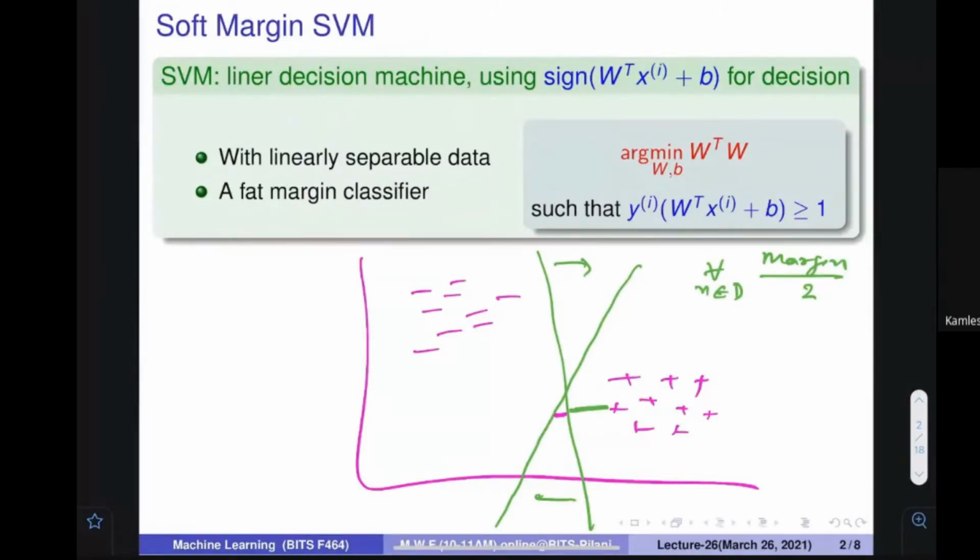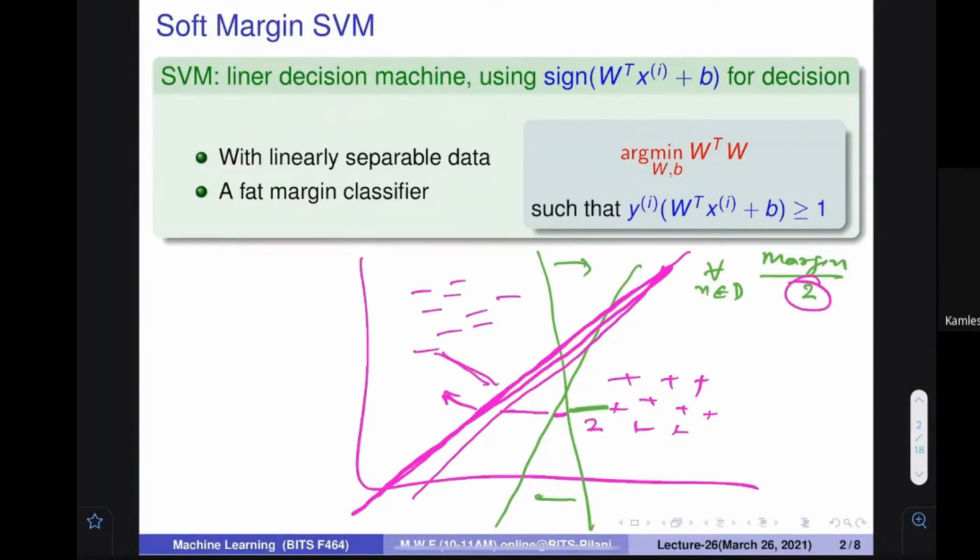So you may think that I have introduced something more, so this is better. Similarly, if I move it further, it is going to be even better. But after some time, when this particular line is in between, if I extend it further, then from the other side, the 2 was coming only because on this side the distance was 3. If we push the point further, this becomes less than that particular quantity over here. So the margin would actually reflect this smaller value, and we would not be getting any further advantages.